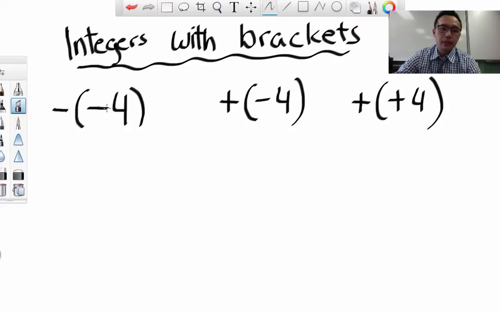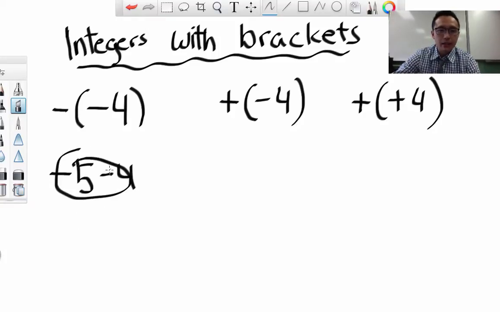So what do we do with these numbers? Don't confuse this with this. If we have a number like -5 and -4, you will just add these numbers. This one doesn't have brackets. This one contains brackets, so there's a little different trick to it. So for this one with the brackets,